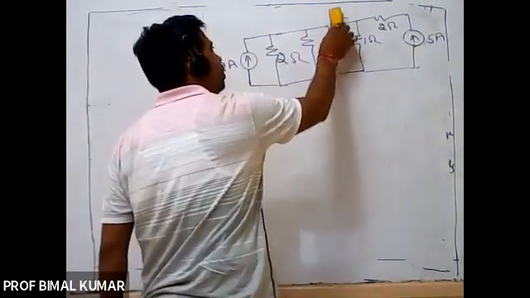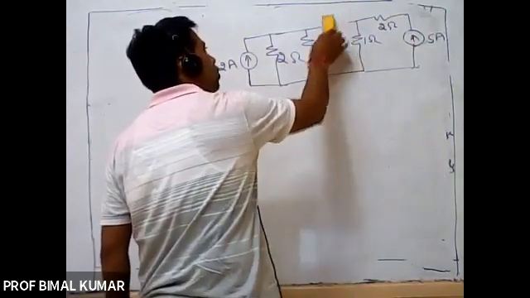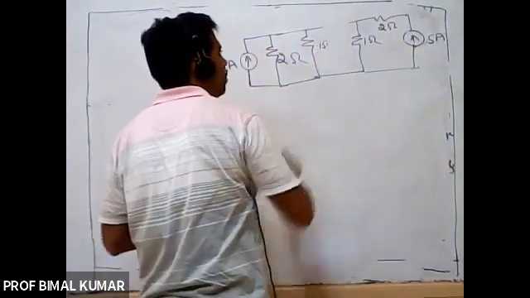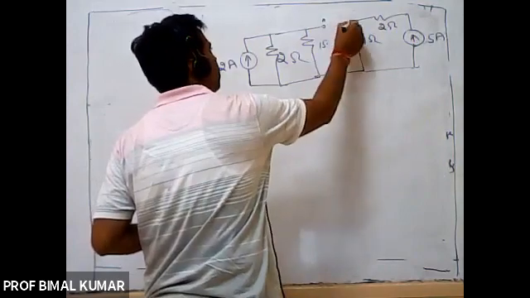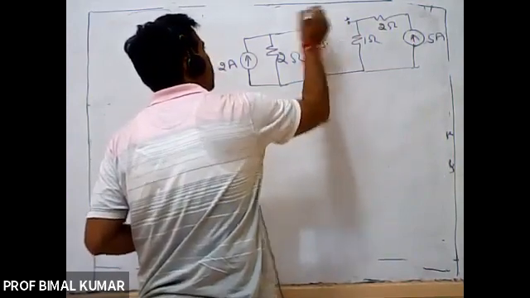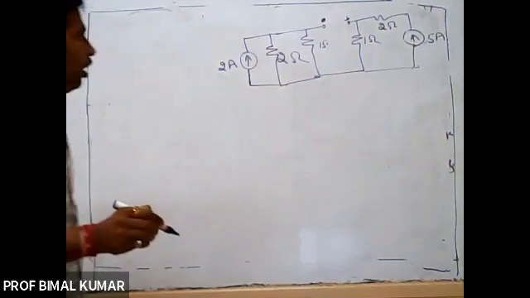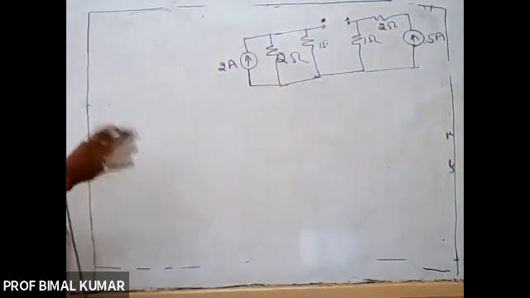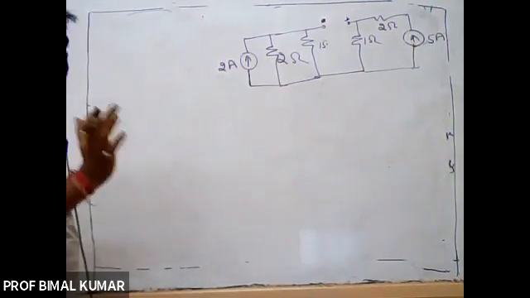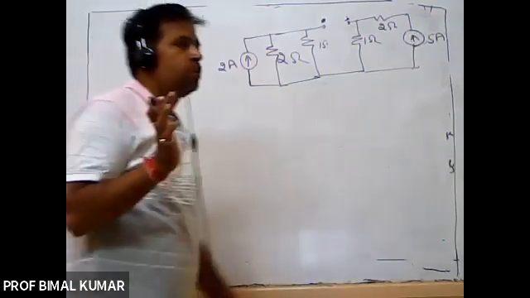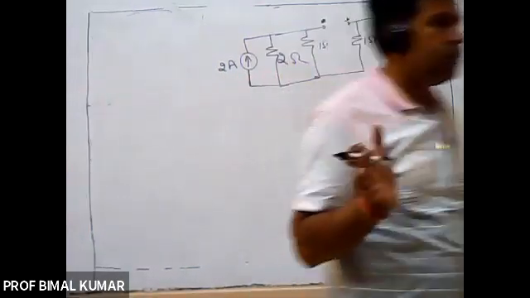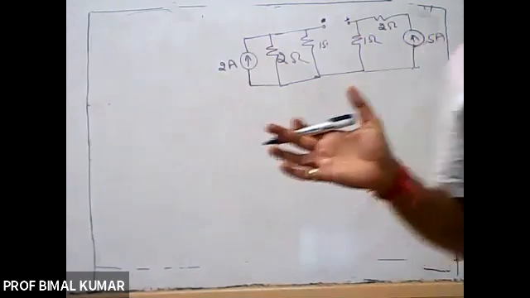So step 1 is remove the load resistance. So here I am removing it. This is your terminal A, this is your terminal B. Fine. Now after step 1, this is your network. Remove the load resistance. Then after that, step 2 is